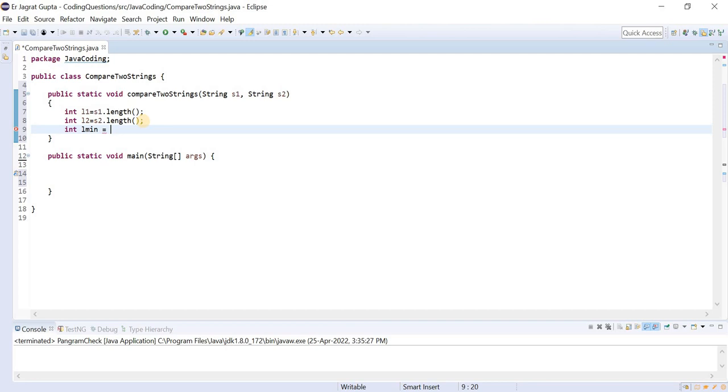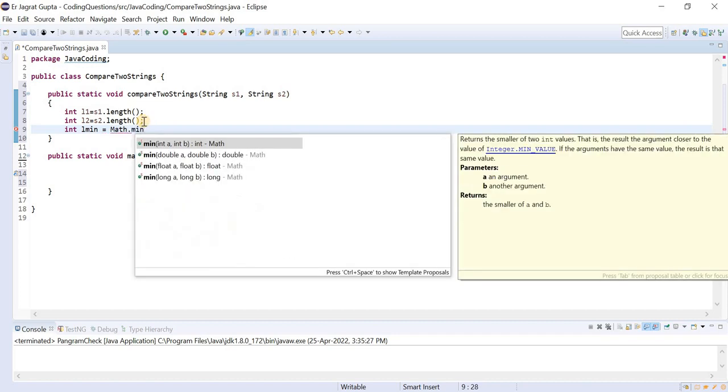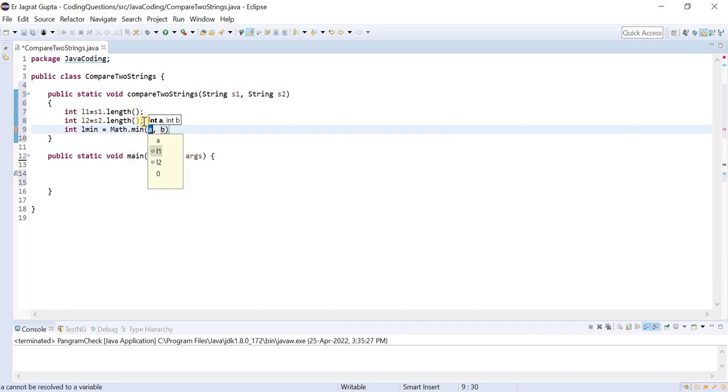So how can we find the minimum of this? There is a direct Math.min function, and we can find the minimum of L1 and L2. Whatever the minimum value is, that will apply here.